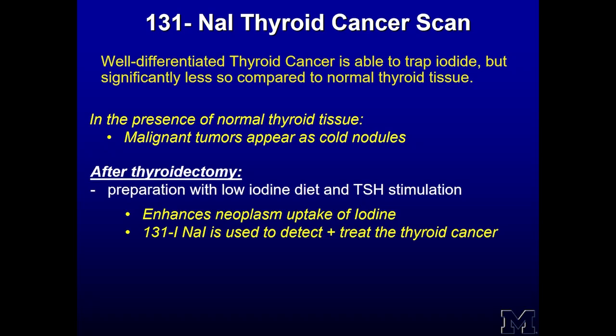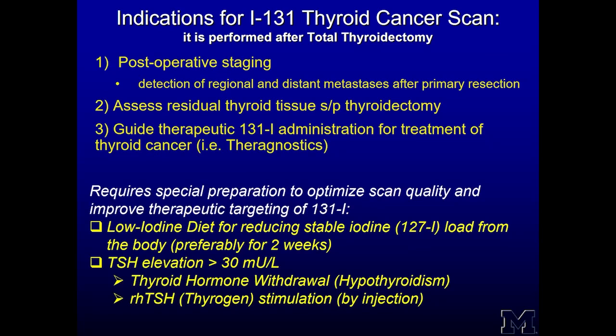Well-differentiated thyroid cancer is able to trap iodine, but significantly less so compared to normal thyroid tissue. In the presence of normal thyroid tissue, malignant tumors appear as cold nodules. However, after total thyroidectomy for primary treatment of thyroid cancer and after preparation with low iodine diet and TSH stimulation,